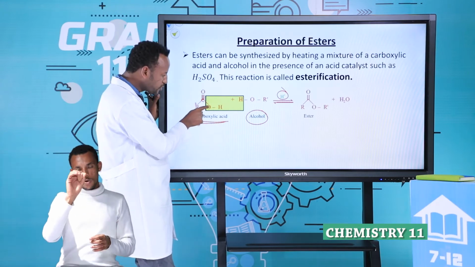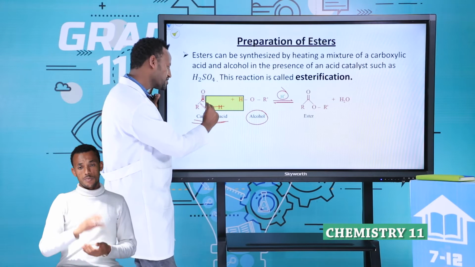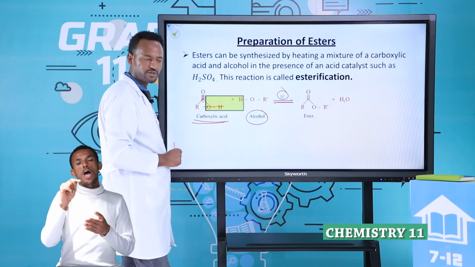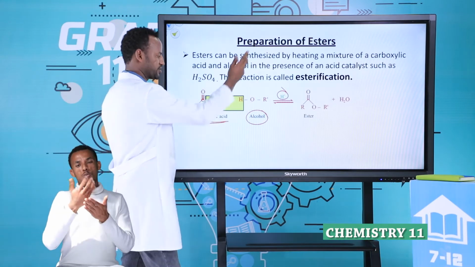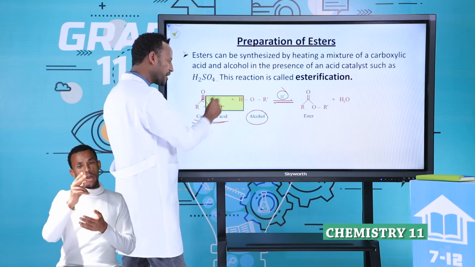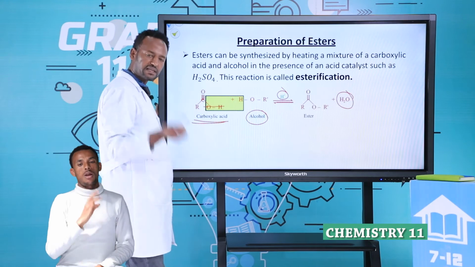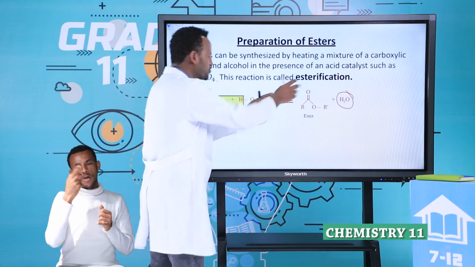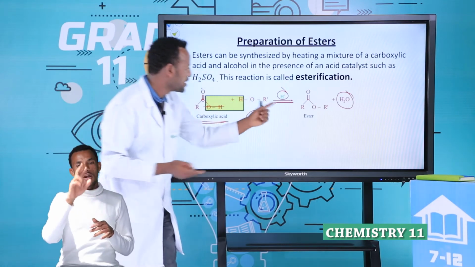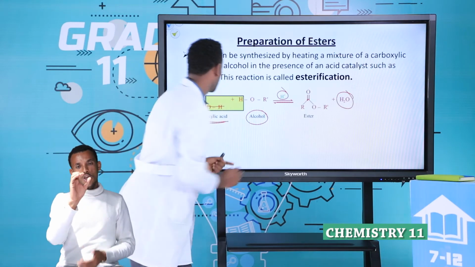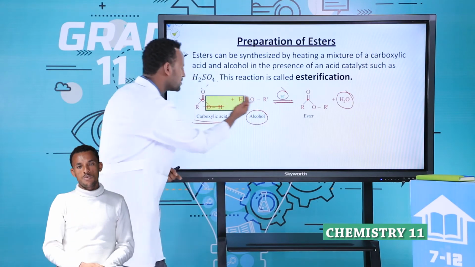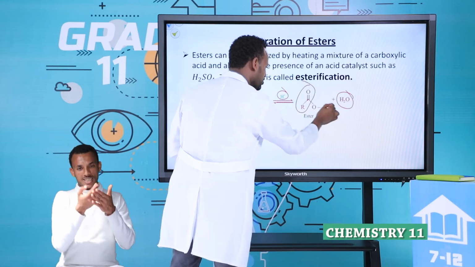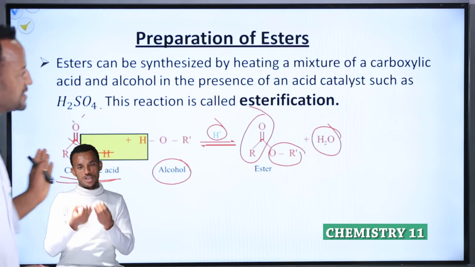The carboxylic acid is removing what? OH. Look, this OH is removed from the acid portion. This H is removed from the alcohol portion. Therefore, the acid portion removes OH and the alcohol portion removes H. OH with H produces water. What is left? RCO, and this R prime with O connected to it. This is the ester. Students, this one is the acid portion and this is the alcohol portion. Therefore, this process is called